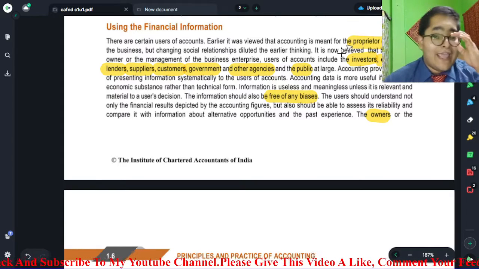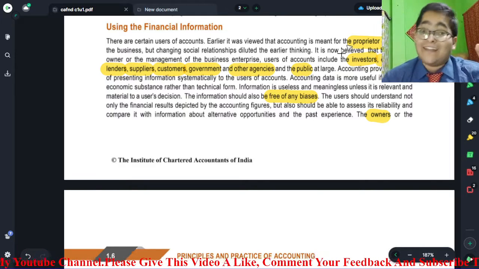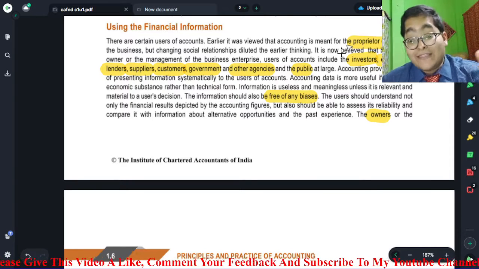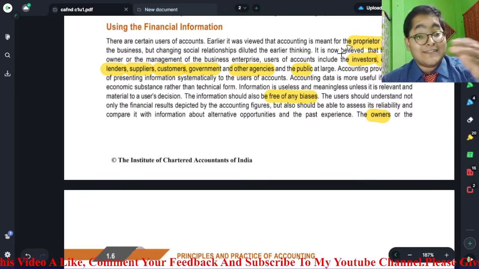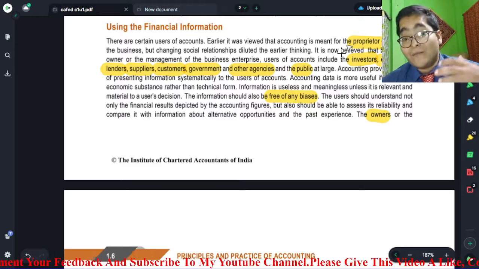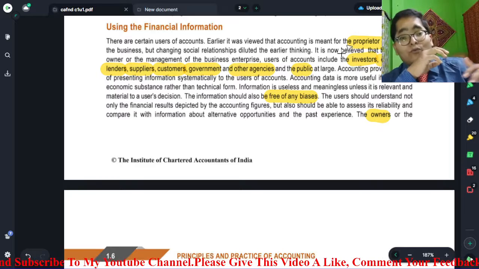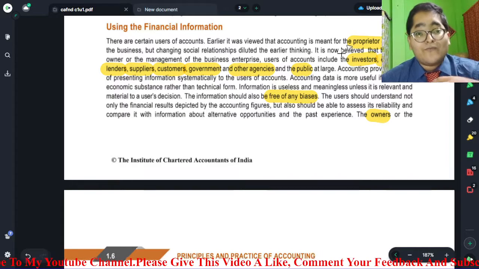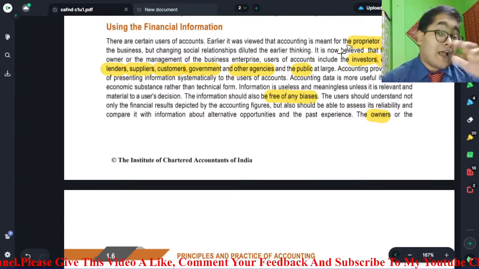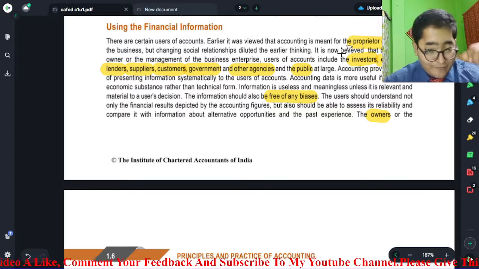Employees. If a manager is saying that a company is incurring loss, and so employee wages or salaries could not be given, the employees need to refer to the financial information. Yes, my company is unable to earn profits or go through its business process, so I need to forego my salary or wage, right? I need to forego my bonuses. That is why an employee needs to use the financial information.